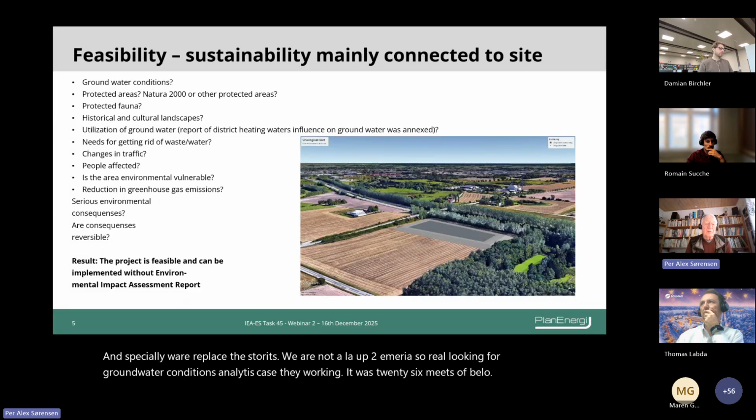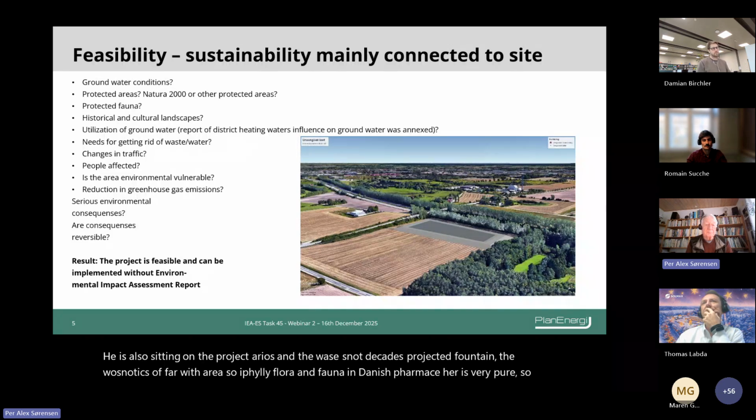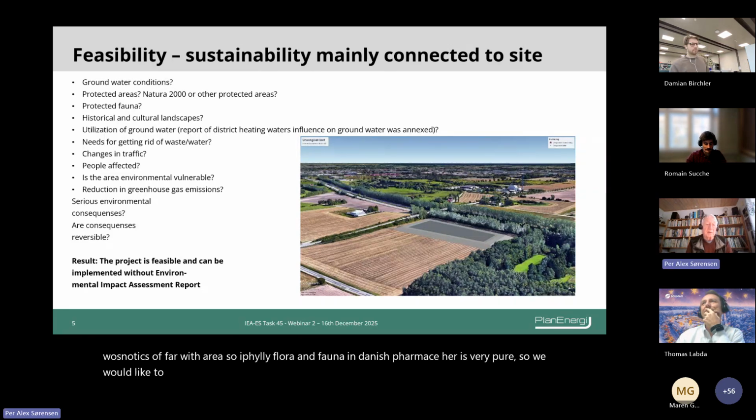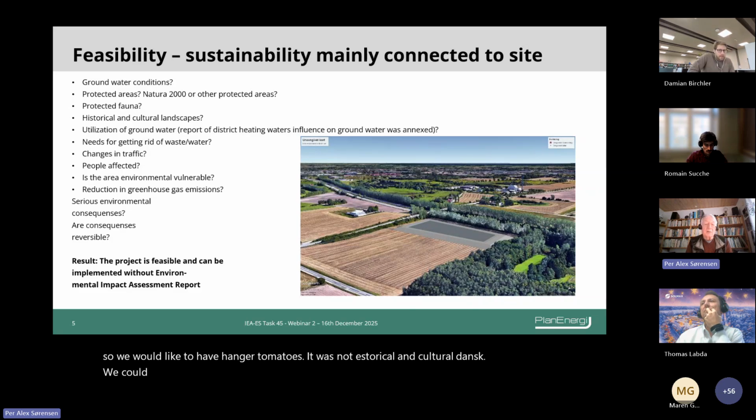And if there were some protected areas, that was not the case, protected fauna, that was not the case. It's a farm area, so if you look at the flora and fauna in Danish farm areas, it's very poor, so you cannot spoil so much. It was not a historical and cultural landscape, and we could see that groundwater was not a drinking water area. So influence of groundwater was